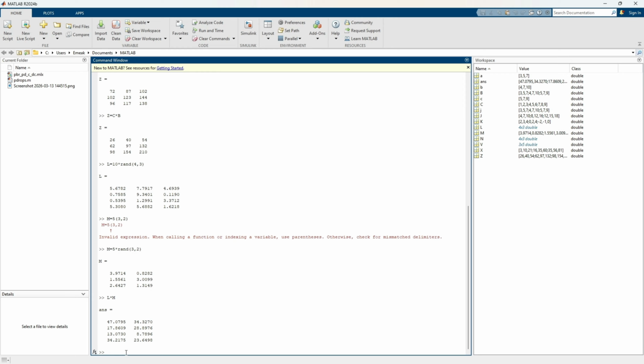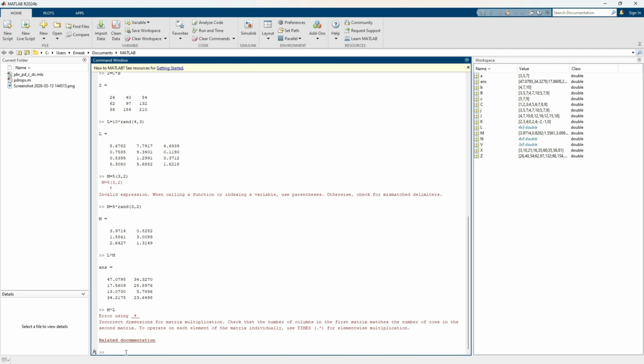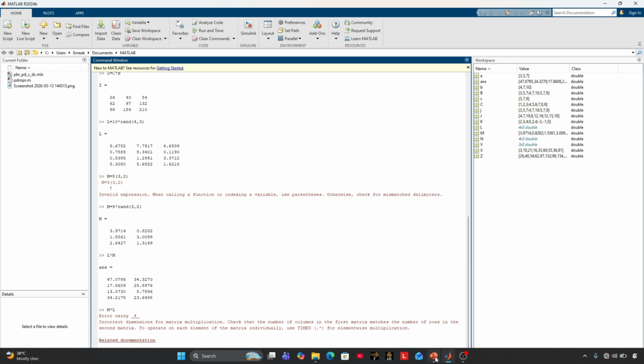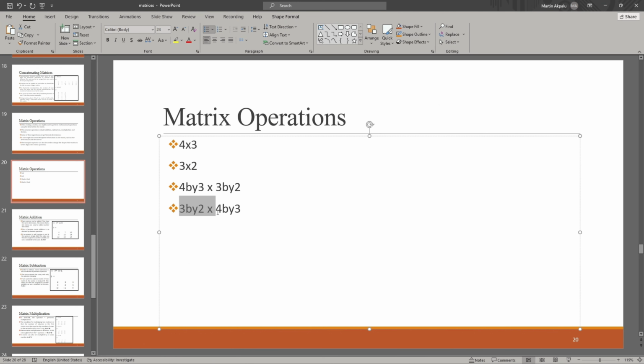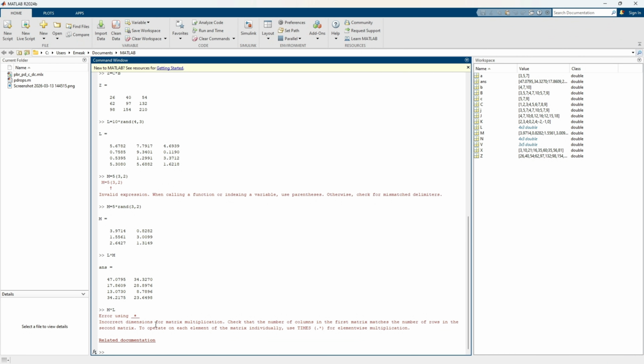Now let's try M by L. And then we ran into a problem, and that is because these do not align. So the 2 and 4, they are not compatible. The inner dimensions are not compatible. So those are some of the rules for matrix multiplication you want to pay attention to before you attempt to